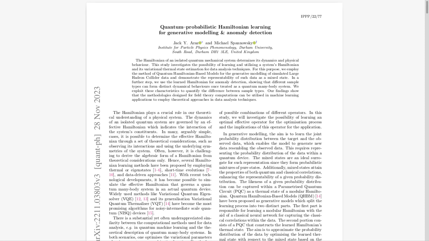Basically, this paper is all about how we can use these principles from quantum mechanics to analyze data in a completely new way. So imagine a computer that doesn't just crunch numbers, but it can actually deal with uncertainty and make these intuitive leaps, much like our brains can. So instead of just ones and zeros, it's like we're teaching computers to think in shades of maybe. Exactly. That's a great way to put it.